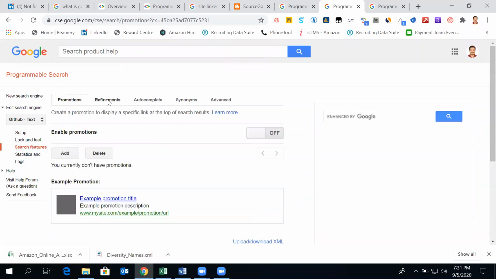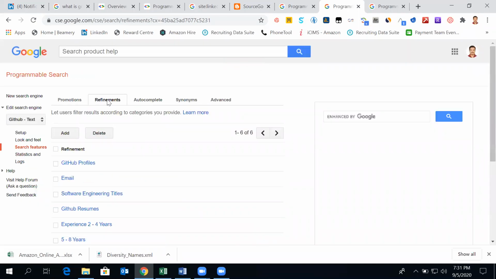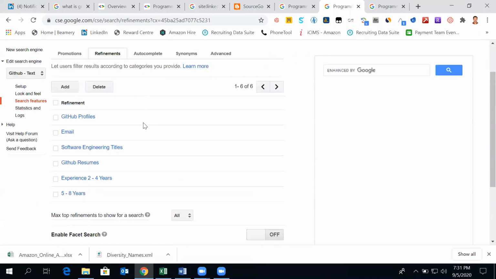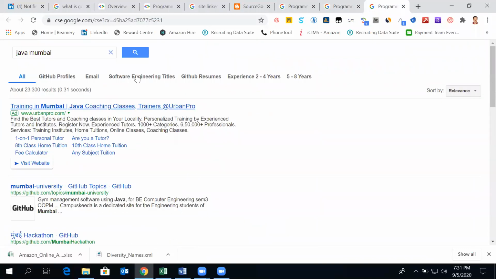And again, under the search features, refinements. Any other refinement you would like to give? So we have given profiles, email IDs, software engineering titles, GitHub resumes, experiences 2 to 4, 5 to 8, anything else. So let's view some of the profiles again and refine our searches.